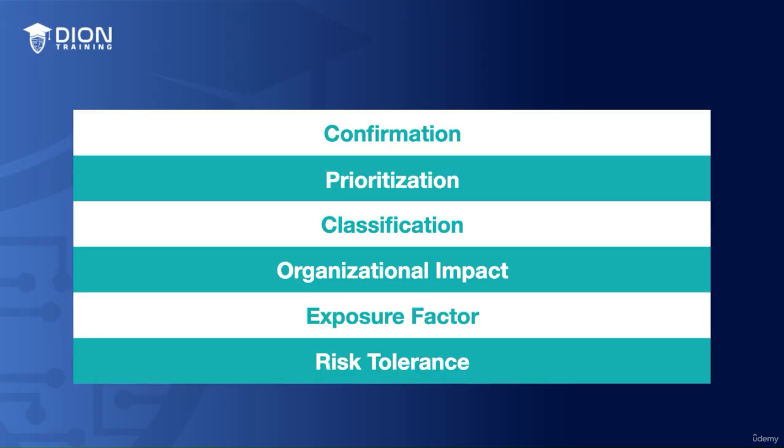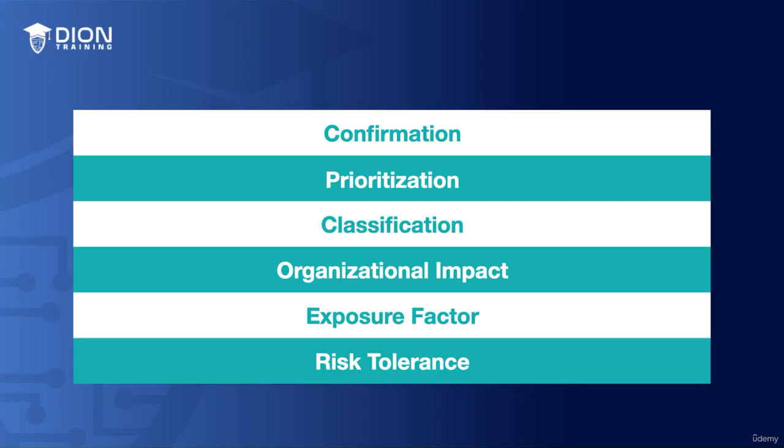So remember, analyzing vulnerabilities is a critical step that we have to perform to strengthen our cybersecurity defenses. Confirming vulnerabilities involves determining the accuracy of an identified potential security weakness by verifying whether it's a true positive, true negative, or false negative. Prioritizing vulnerabilities entails assessing and ranking security vulnerabilities based on several factors, including their severity, potential impact, and likelihood of exploitation, so your organization can properly allocate resources to remediate your vulnerabilities more effectively. Classifying vulnerabilities means that we're going to categorize identified security weaknesses into different groups based on their characteristics like the type of threat, the affected system, and the potential impact to streamline our management and